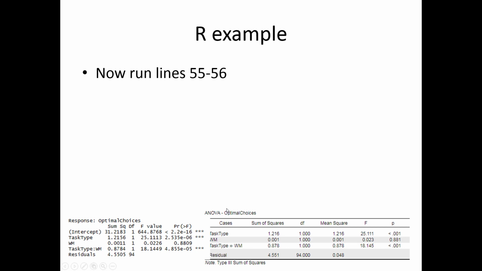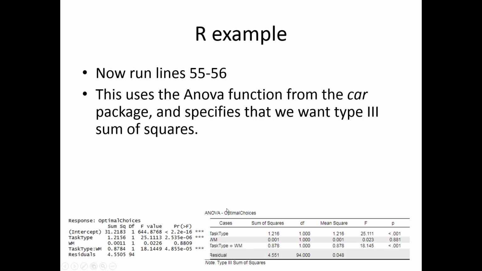Okay, so now run lines 55 through 56. This uses the ANOVA function from the car package, so the capitalization is important. There are some different functions. There's an aov function that I think defaults to running type 1 sum of squares, but this Anova allows you to specify the type. So we specify the type we want, which is type 3, which is the type that SPSS and JASP